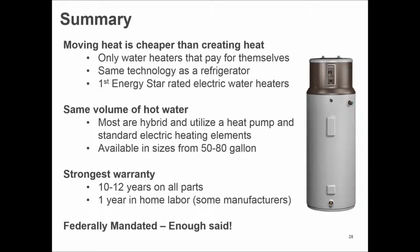We certainly believe in this product. Our same servicers, our same factory service works on this water heater, the same guys that you might trust for all the appliances in the house. So we make it a very easy transaction. Federally mandated. That's it. That's really what this all comes down to, is that you've got to make a choice,